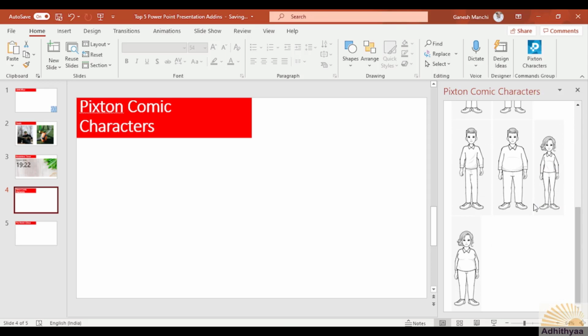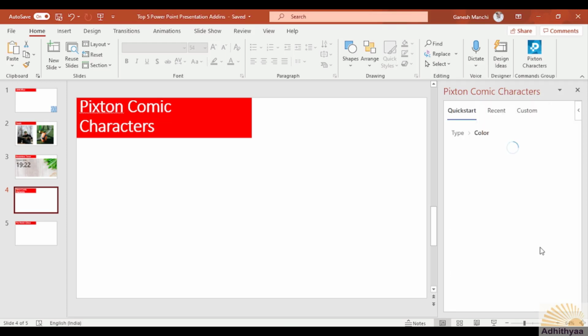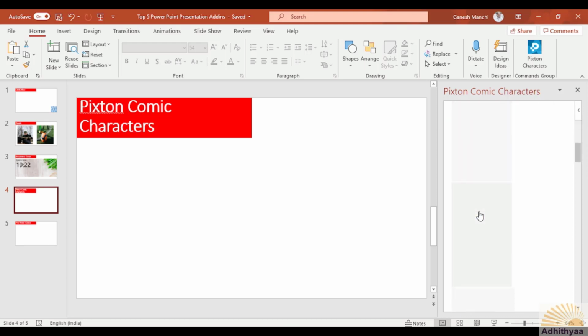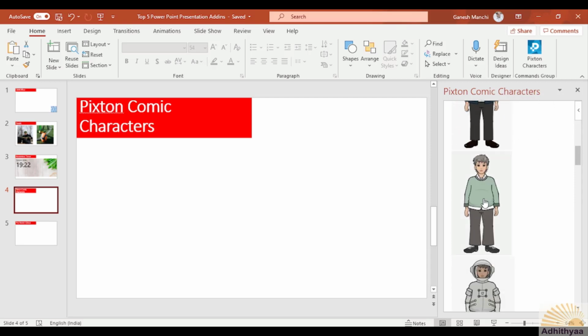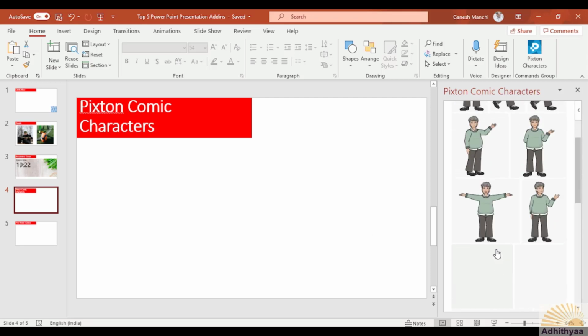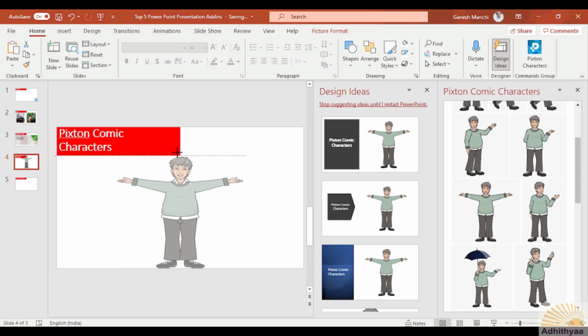If you want to compare yesterday and today of a man who has been continuously working out, probably you can use this gentleman. I just want to create this gentleman by doing like this. Outfit. There are so many outfits available. Let me see and choose something. Okay, let me choose this guy. He is there already. Pose. How do you want him to pose? This way. He is already here with me. I will resize this gentleman.